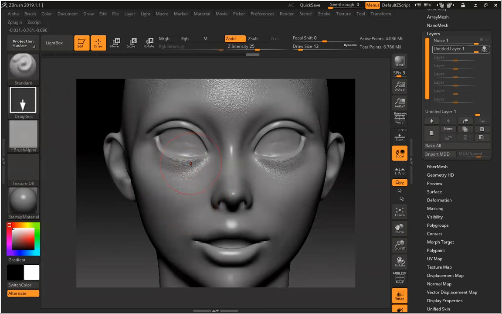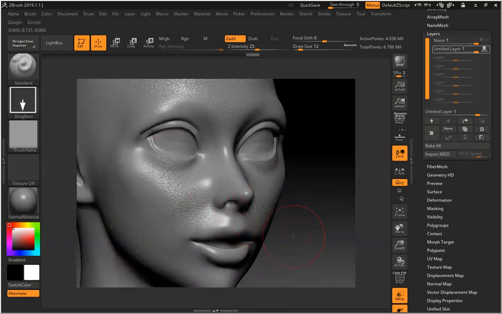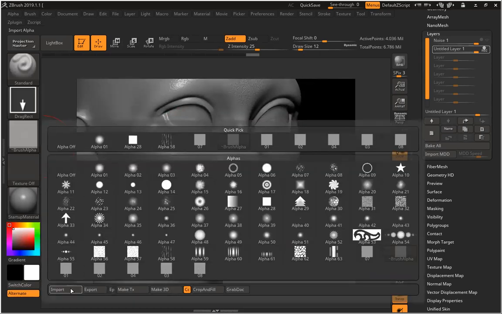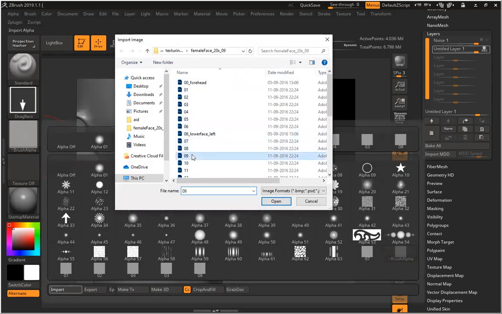Oh, sorry, I have to switch on symmetry. Number 9.